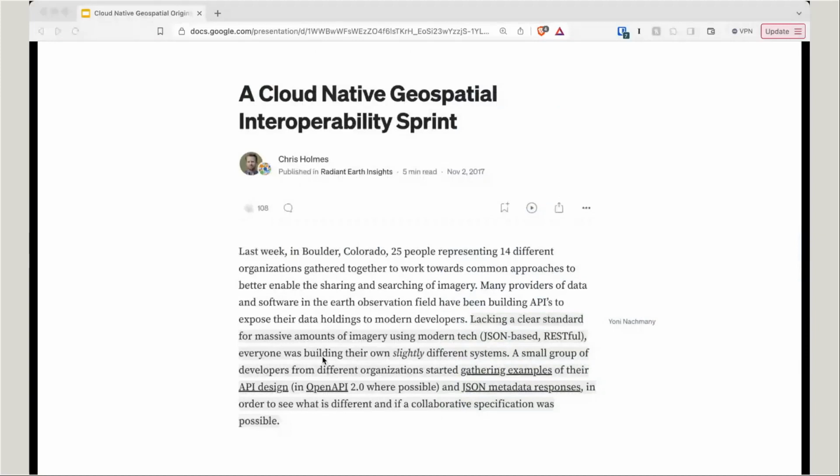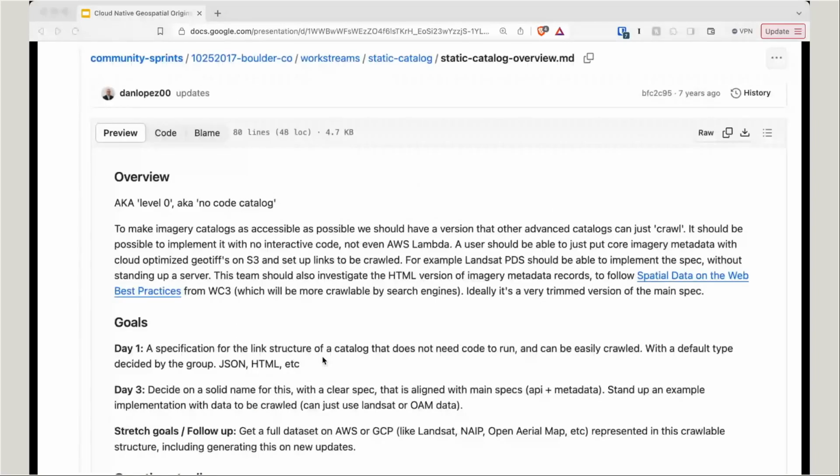So in 2017, we gathered 14 organizations to try to tackle this problem. Going into it, I thought we'd come up with this API that would make it easier to search COGs, something like OGC CSW, but RESTful and scalable. And we made good progress on the API, but one group hacking away made this thing we called a static catalog. And I thought this would be this nice little side thing.